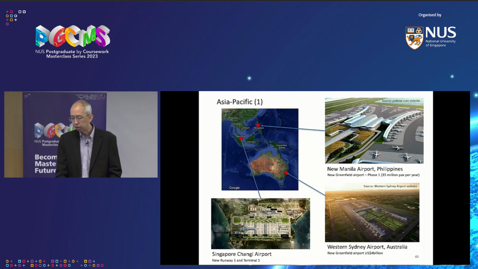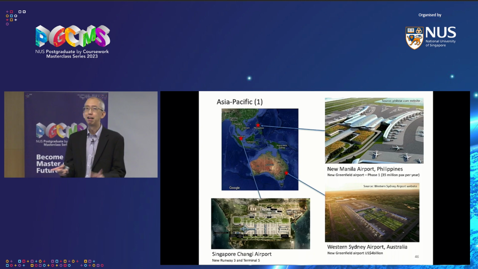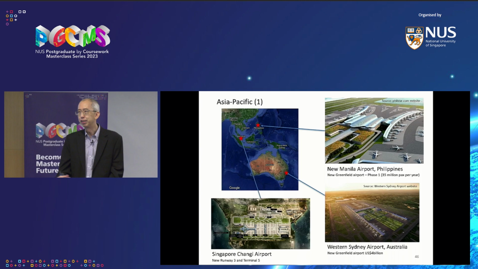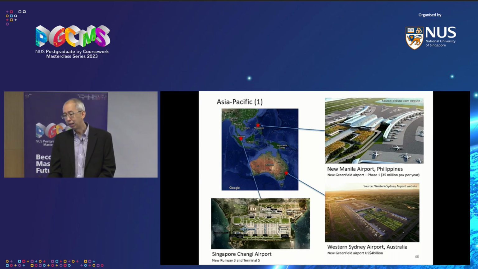Nearer our region is the new Manila, Philippines airport. Phase 1, 35 million passengers. I picked this one because I see them doing land reclamation already. So that means it really is moving forward, because sometimes, people come up with a lot of plans, but nothing gets built. So this might take a while still, but it seems the land platform is getting there already. Western Sydney Airport, they are building phase 1, which is a terminal with maybe about 8 to 10 passenger gates.